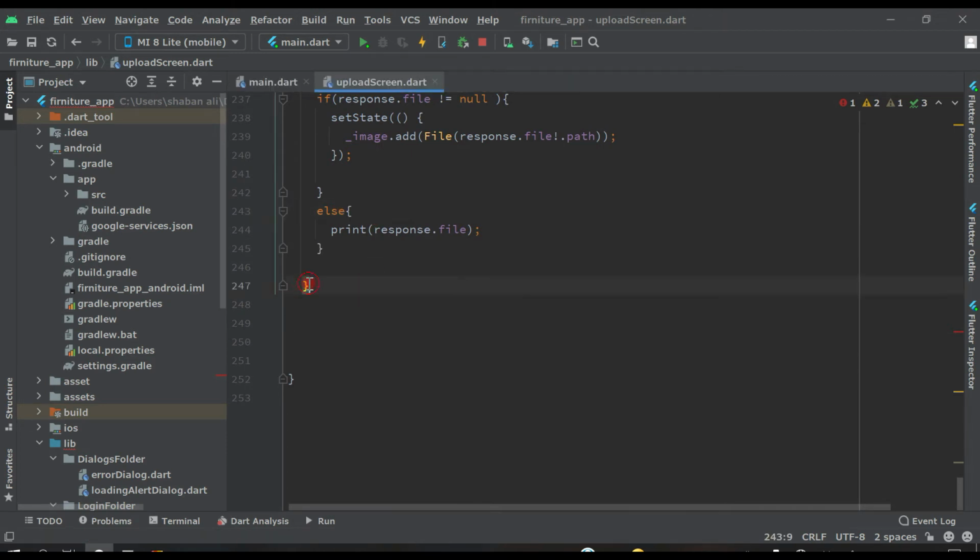This is the L condition, this is our class, and here let's create a Future, paste this name and make it async, open brackets, curly brackets, and here let's create one variable where i equals 1. Then after that let's create a for loop, and inside this for loop let's create the variable img in _image, this one.